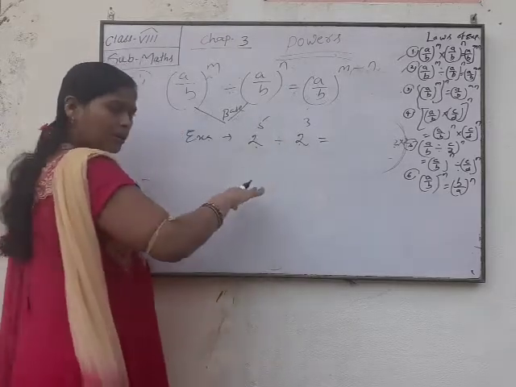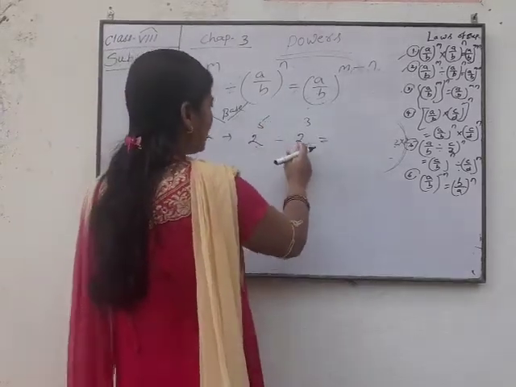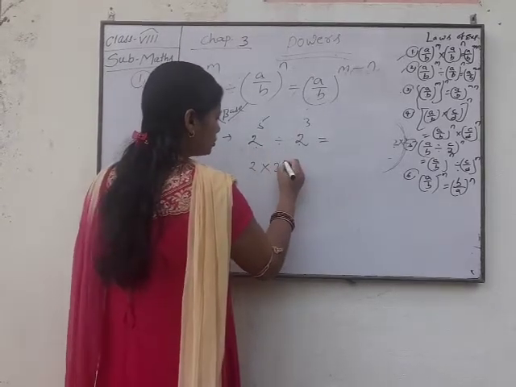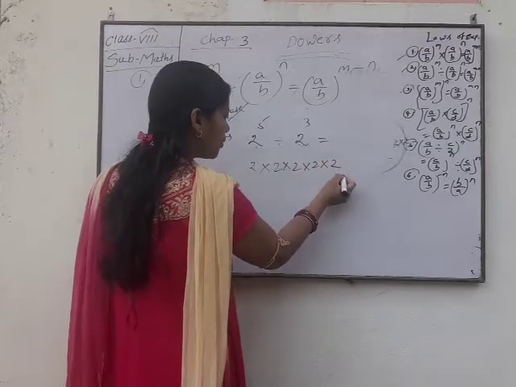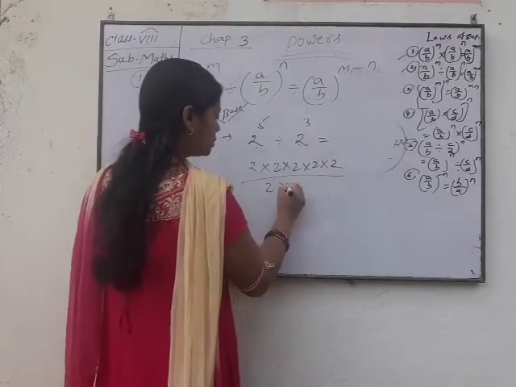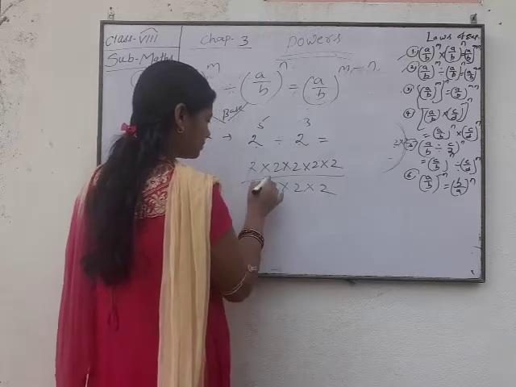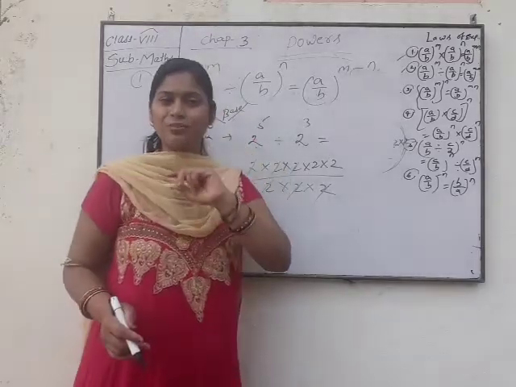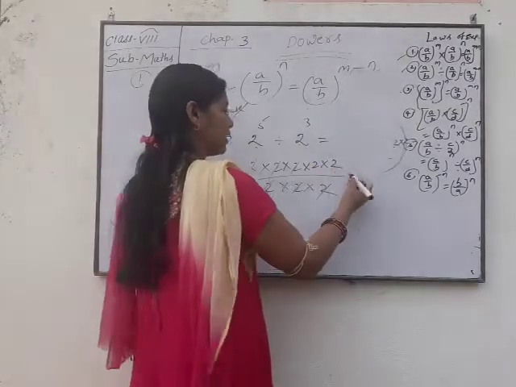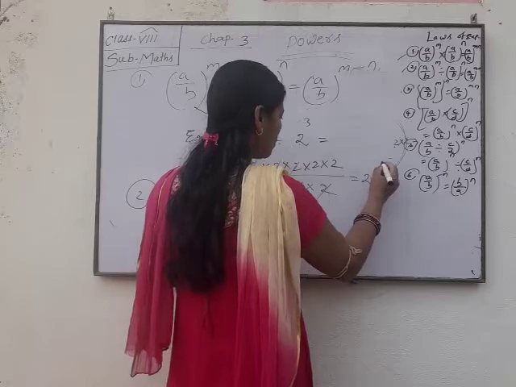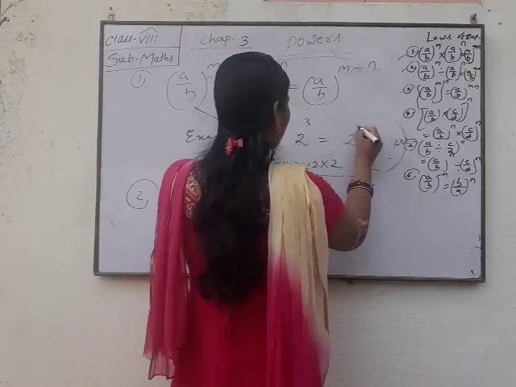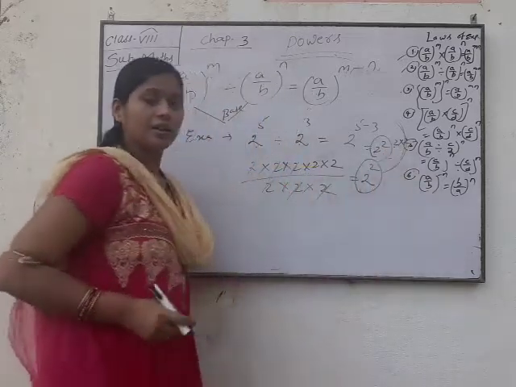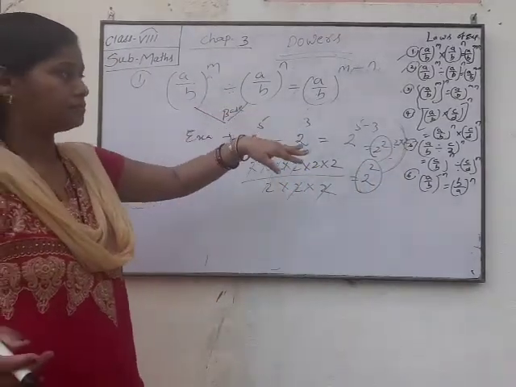If you will take some examples, 2 to the power 5 divided by 2 to the power 3, it means what? How can we solve this question? 2, 3, 4, 5 divided by 1, 2, 3. Now look here. So what is left? 2 2's left. It means here directly you can write 2 to the power 5 minus 3, 2 to the power 2. This. Okay. So this is your second law.